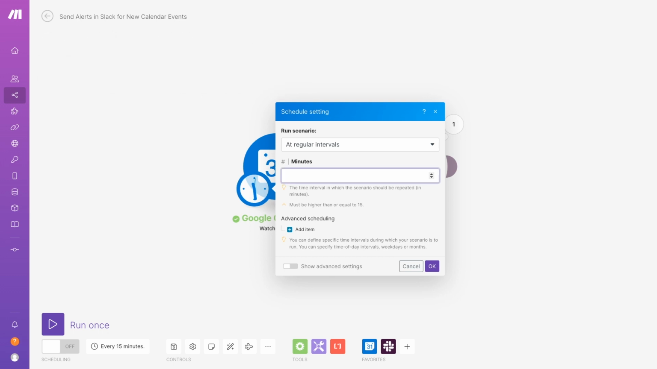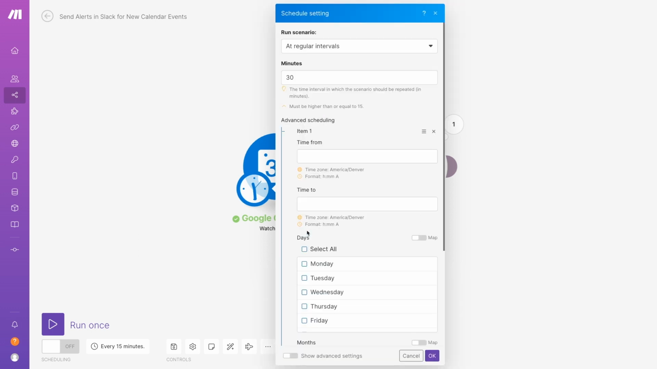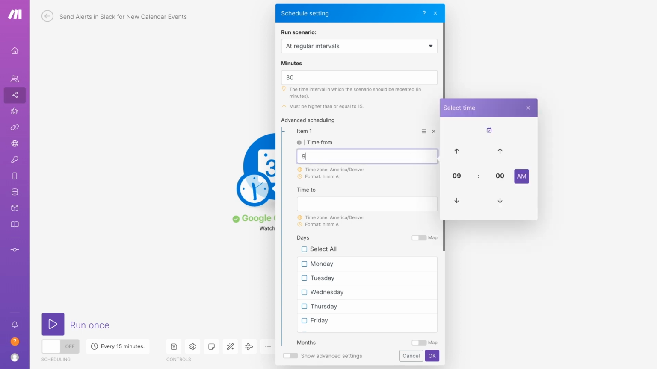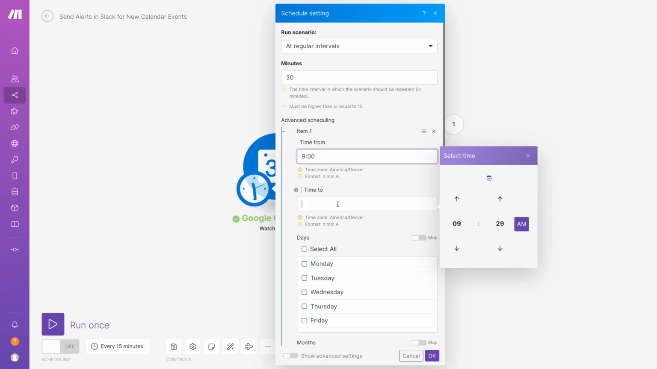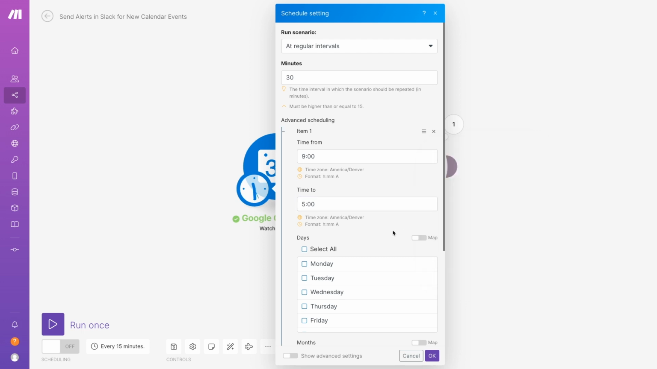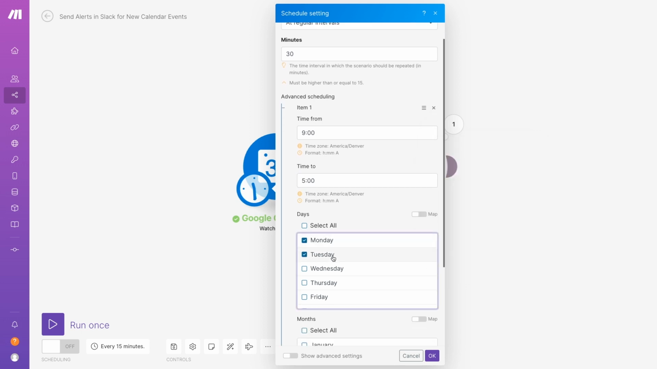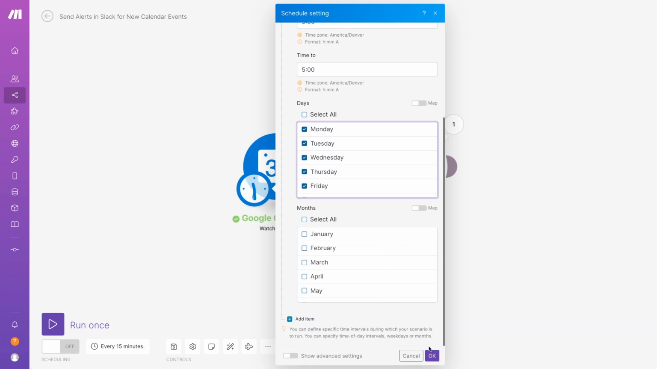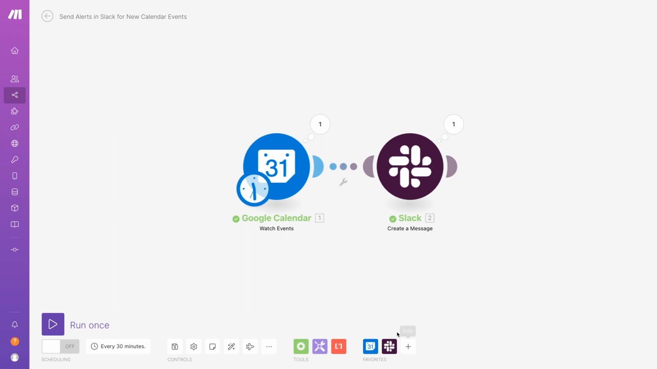First, we set the interval to be less frequent, say every 30 minutes. We can also select advanced scheduling to set specific time frames and days of the week that the scenario should be running on. We'll set this to run from 9 a.m. to 5 p.m. Monday through Friday. This results in a bit under 350 operations each month for the trigger. That's still a substantial number, but a fraction of what it was before,